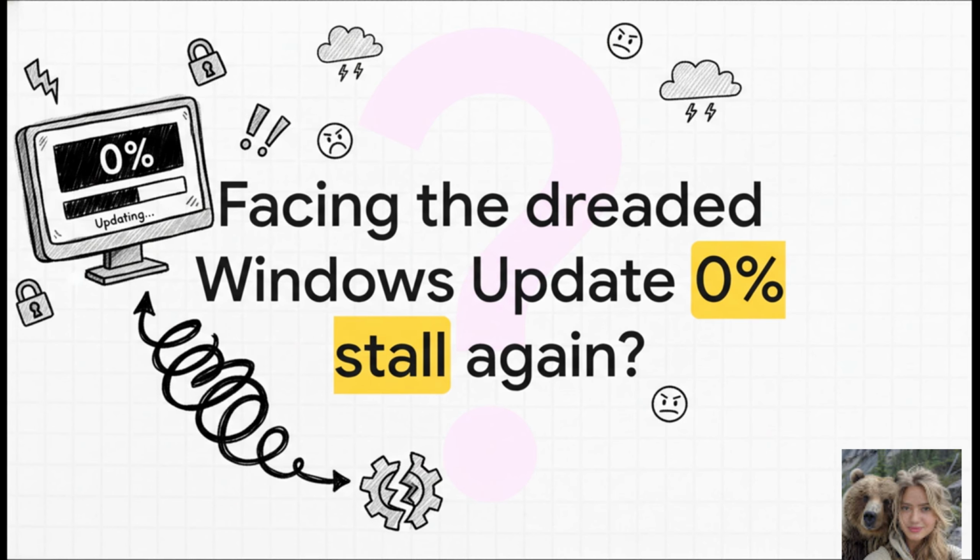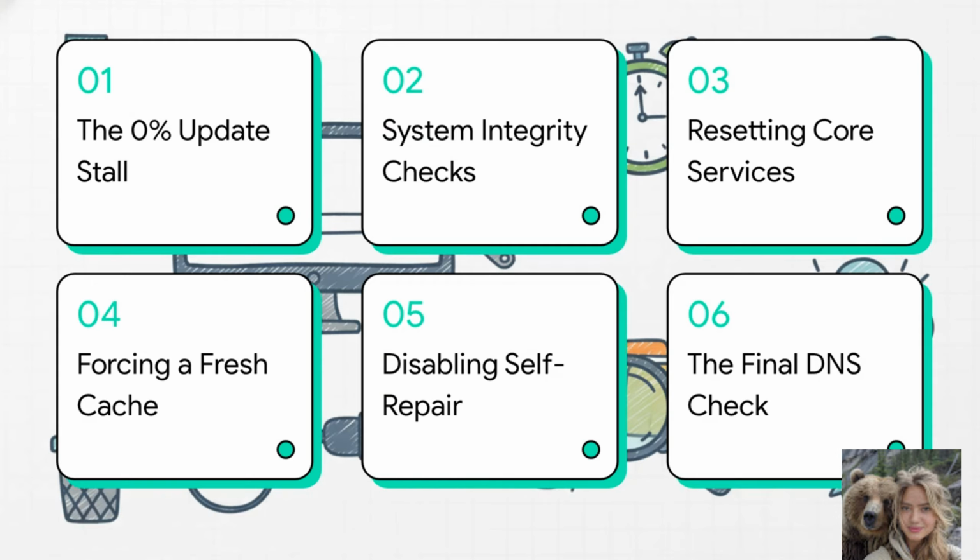Nope. It's a security risk, it's a compliance headache, and honestly, it's just a massive waste of your time. But the good news is, you are not powerless here. Let's walk through exactly how to solve it. So here it is, our 6-step playbook. We're going to start with some mandatory system integrity checks, then we'll reset the core services, force a completely fresh cache, and then we'll get into a couple of pro-level tweaks for those really stubborn cases. This is all about giving you a repeatable process to get this fixed so you can get on with your